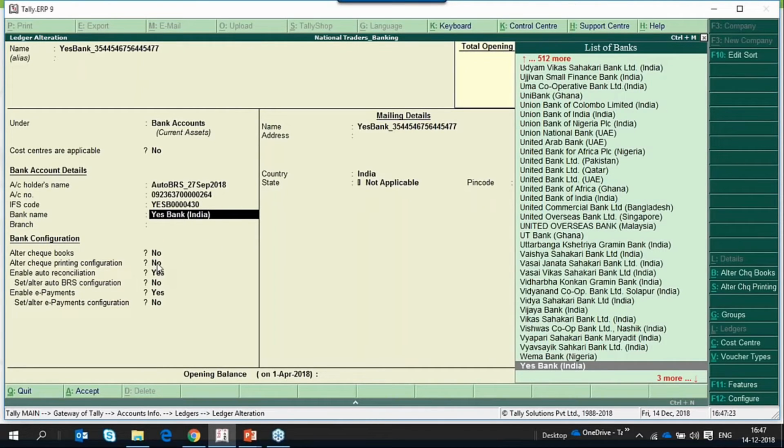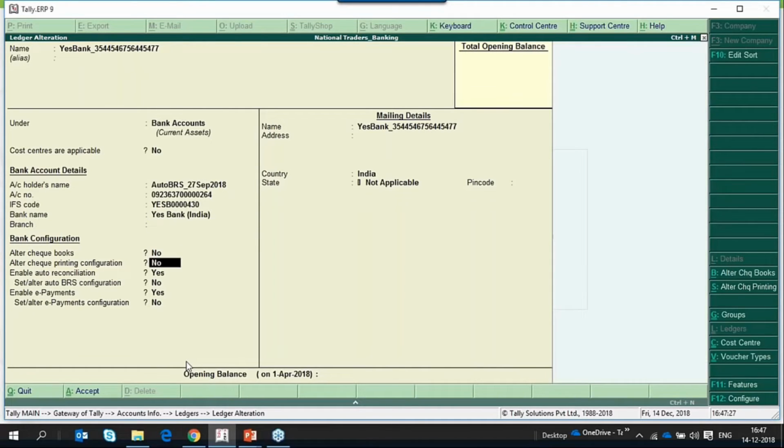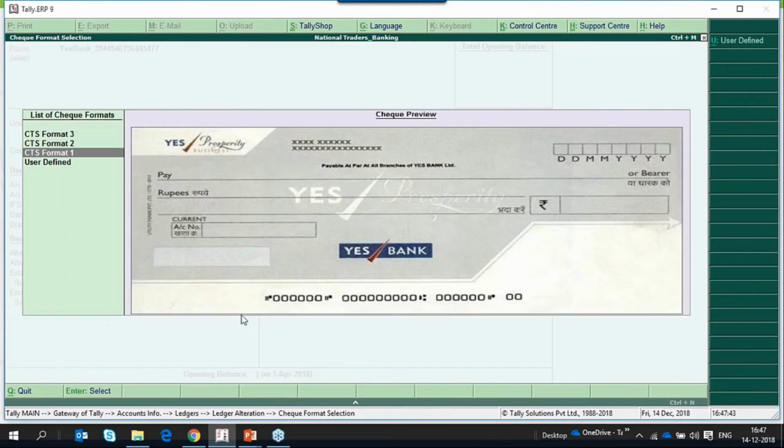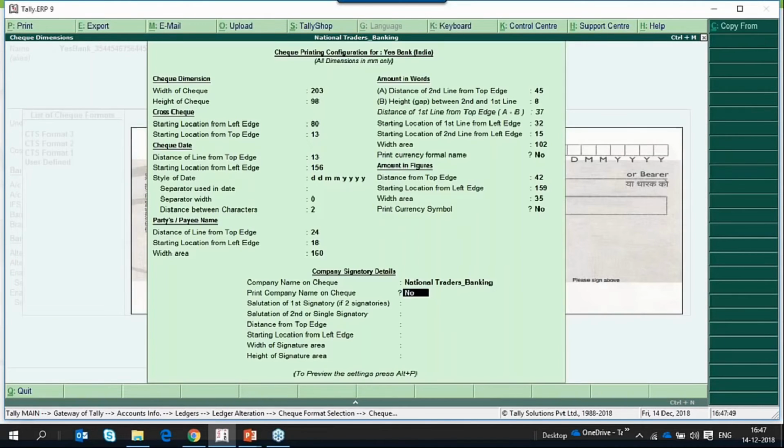Only then the formats will be downloaded from our servers. So let me enable this option. It will list all the check formats which we have predefined for this bank. We have supported 3 formats for Yes Bank: CTS format 3, CTS format 2, CTS format 1. Whichever format you have, you can select that format and accept the configuration.